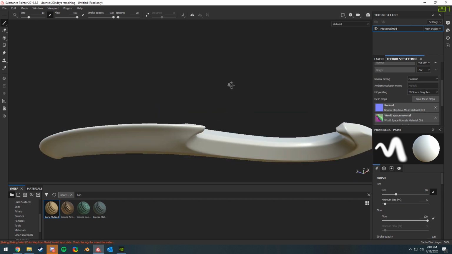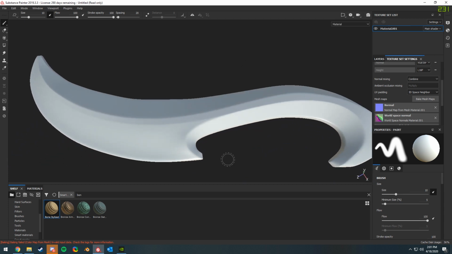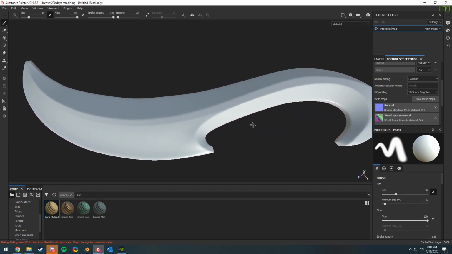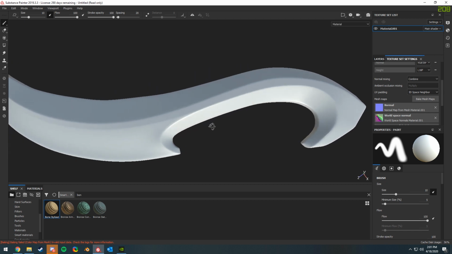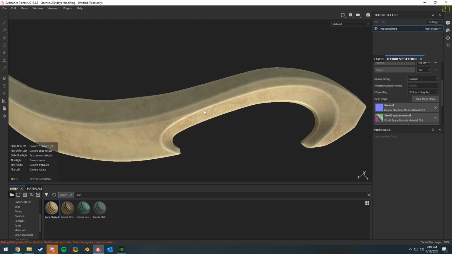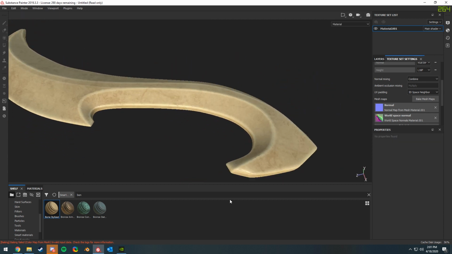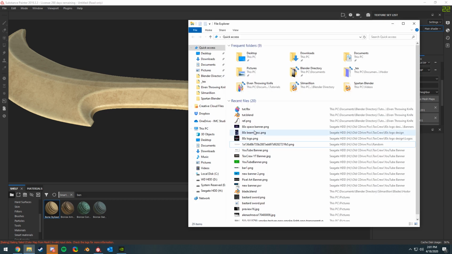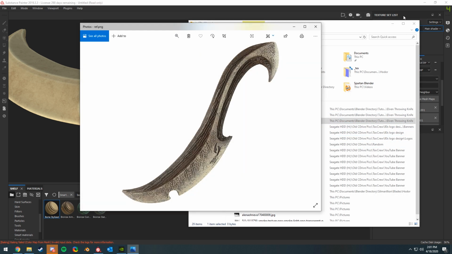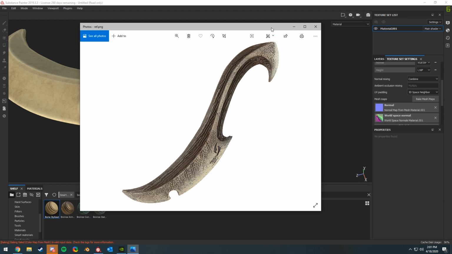Once we do that, you can see it changes a little bit, but it's not super noticeable on this one. When we apply it to the low poly mesh at the end, you'll be able to see the effect it had. So I'm going to put the bone stylized back on there. And actually, I end up going to